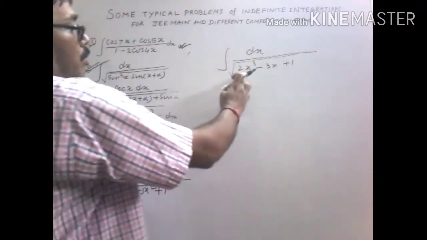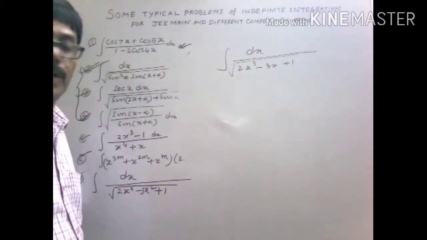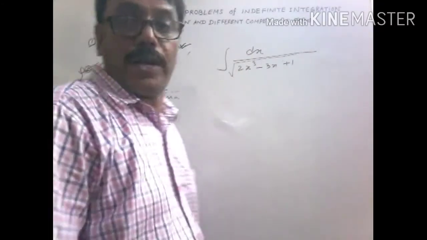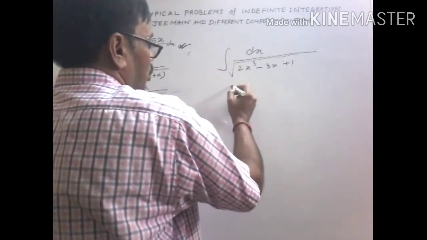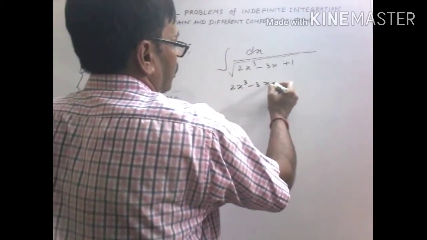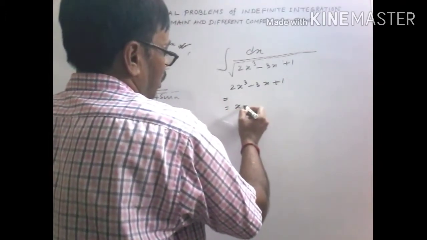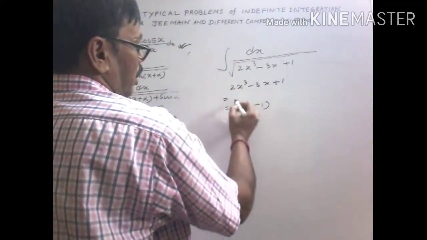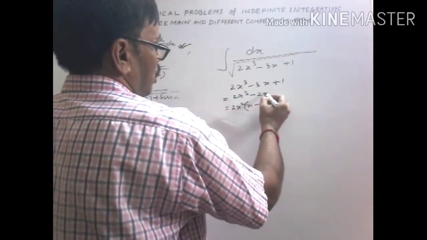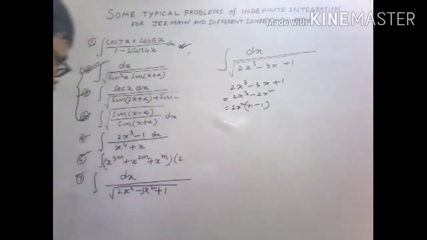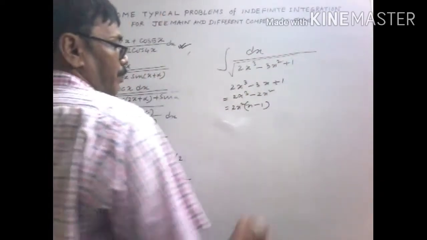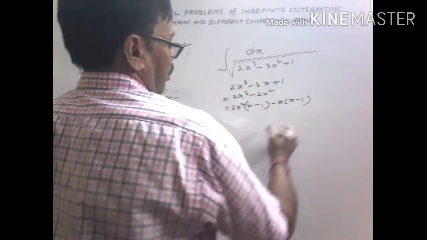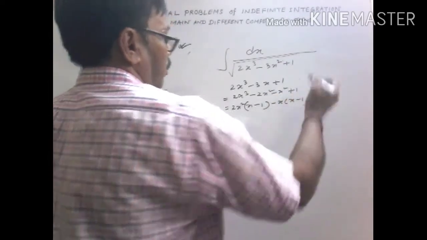So look, dx by 2x cube minus 3x square plus 1. If we put x equals 1, then the expression is 0. Therefore x minus 1 is a factor. So we factorize it. We can divide throughout by x minus 1, or use cubic factorization. So 2x cube minus 2x square, then this one is 3x square obviously, so this is minus x square. So minus x common, x minus 1, so minus x square plus 1.